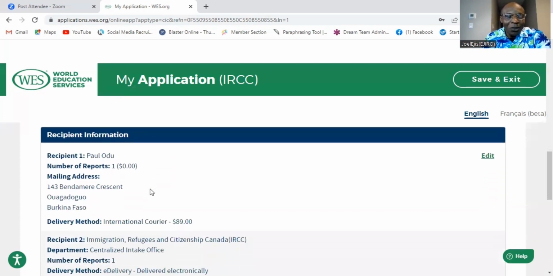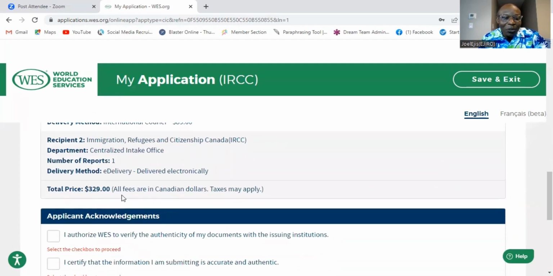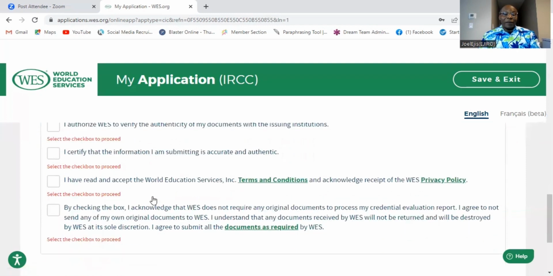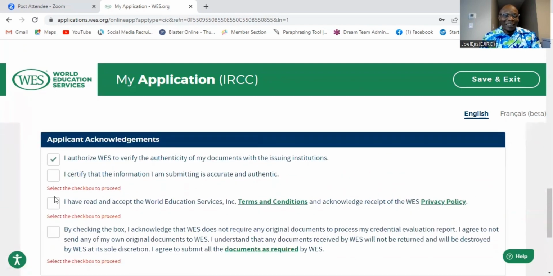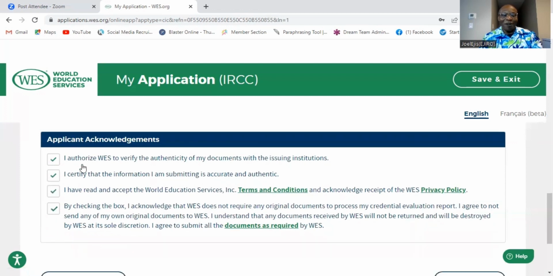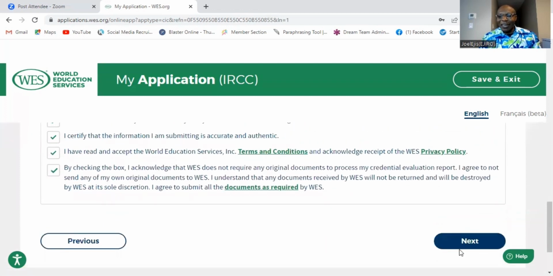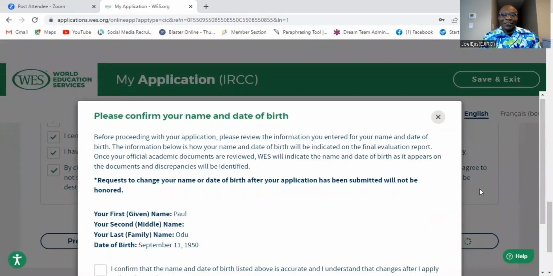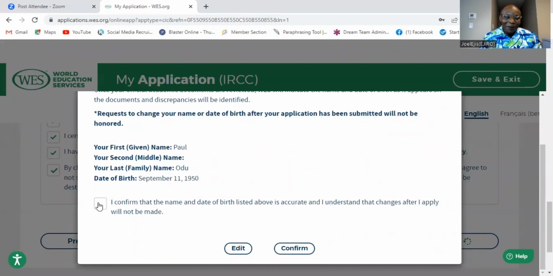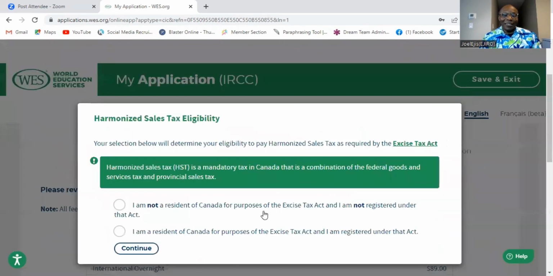like I'm going through. So look at the total fee that you are going to pay. They are all in Canadian dollars. And WES is so clever that they will not send you the reference number until you make the payment. So I'm going to click on accept, accept, accept all of these acknowledgements, and then I'll click next. Good. So it just wanted me to confirm, and I confirm that all the information is accurate. I confirm it again, and it processes it and tells me